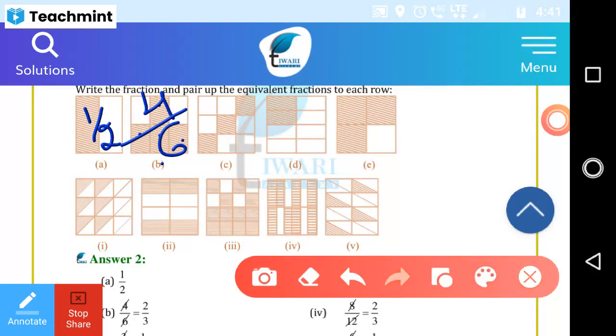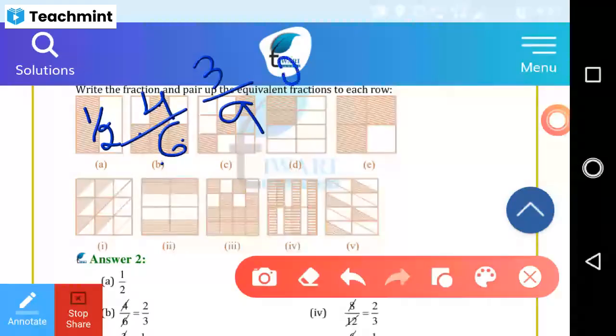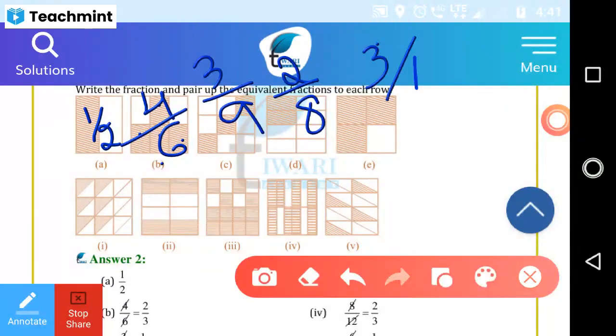Total number of parts and shaded parts, you just tell, ma'am. Total number of parts is 9 and the shaded part is 3. It means 3/9. Okay. Yes, Mahantesh. Good. Mahantesh, you just tell shaded part. 2 by 8. Good, good. Yes, Gargi. Ma'am, the next one answer is 3/4. Good. So next one, Yuvraj.